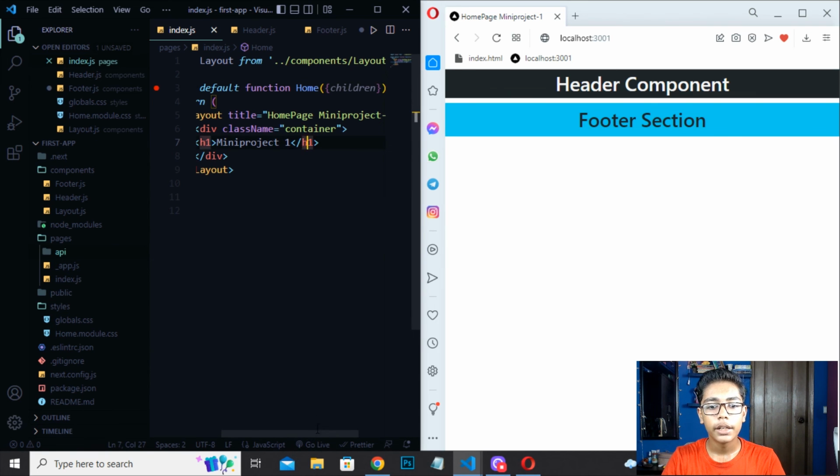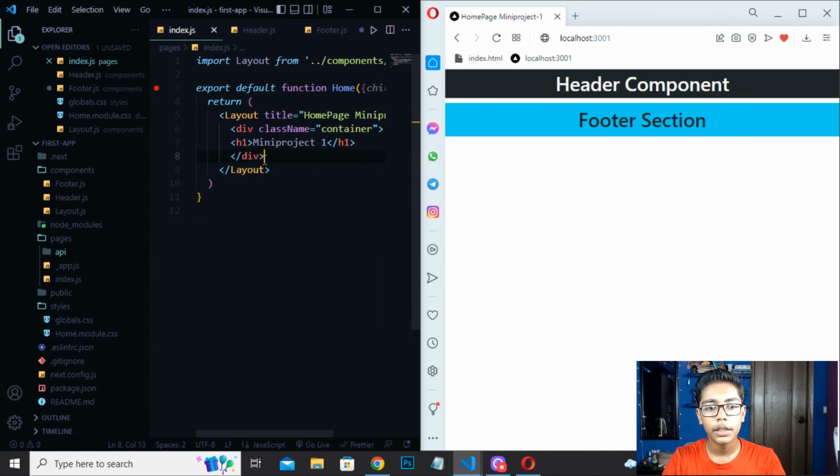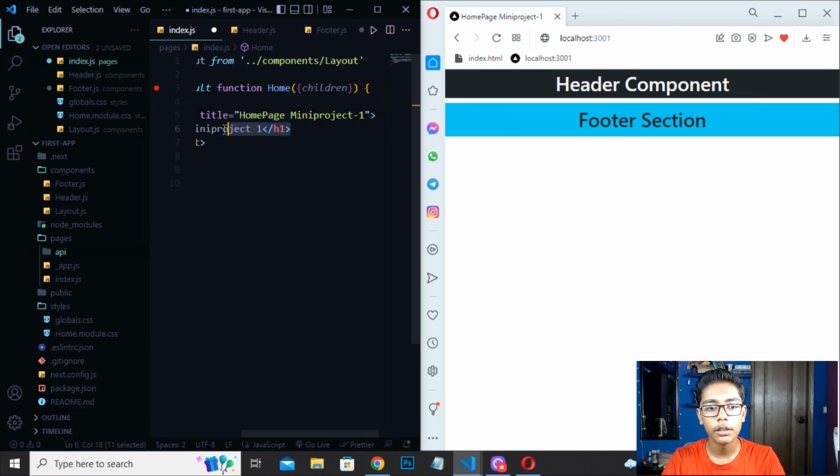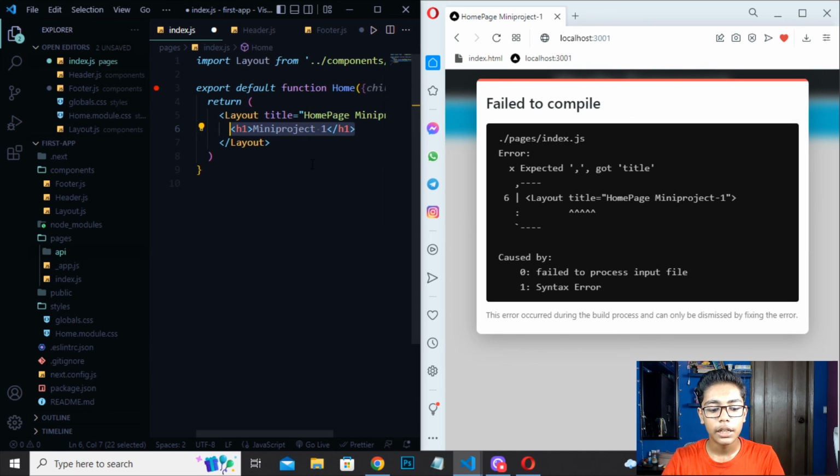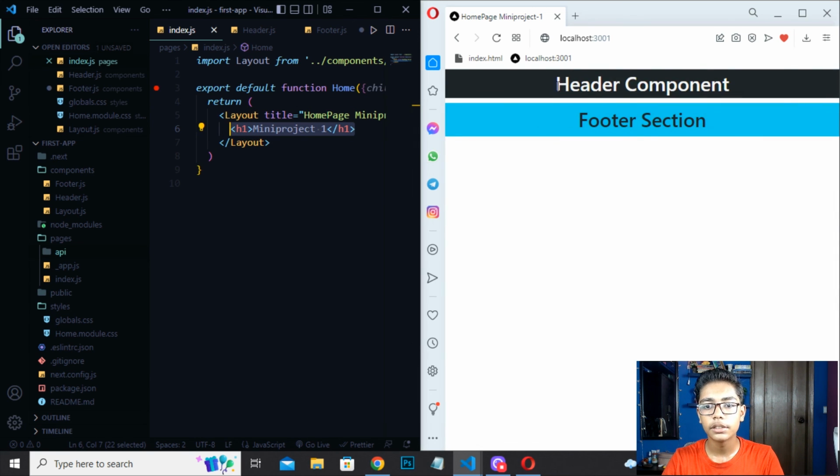Now you have to erase this, and when you have written that, you can define the class name which you want to define here. So I will be copying this which is written here, moving to the top, pasting here, save here, and you can see we are just getting this thing. So I'll press Control Z, press save here, and you can see this is the header component and the footer section we are getting.